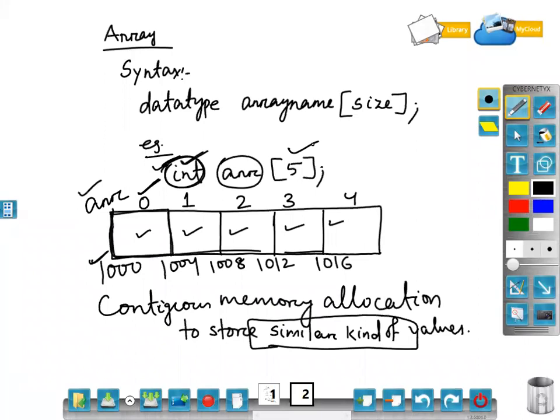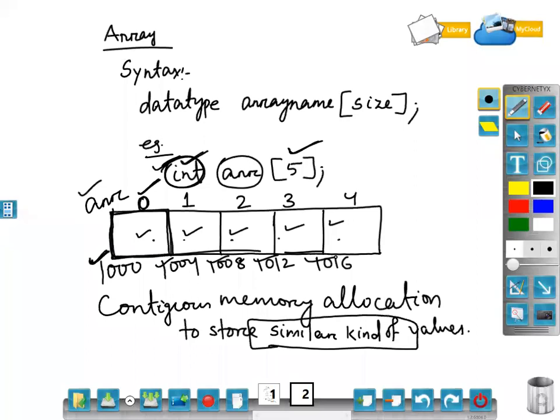You have requested 5 blocks, so 5 blocks of memory will be allocated sequentially. The starting index will be 0 and sequentially the indexing number will be given. Next is how you will know that consecutive memory allocation is done. For example, if the starting block address is 1000, each block is of integer type, so 4 bytes of memory will be allocated sequentially. Clear? So this is the basics of array: how you will declare an array, how the memory allocations are done, and how the indexings are done.